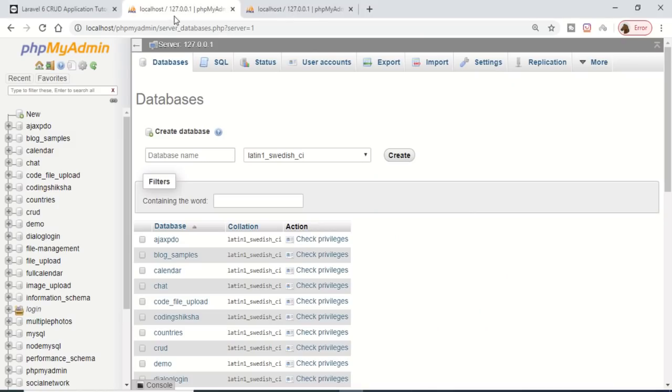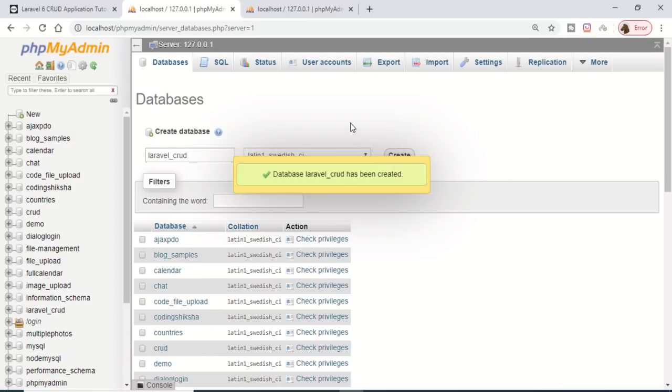Now you just need to go to localhost phpMyAdmin and click on new here to create the database Laravel_CRUD, and then click on the create button. So it will create your database. You can see that the database has been created, and now you just need to run the migration command in order to